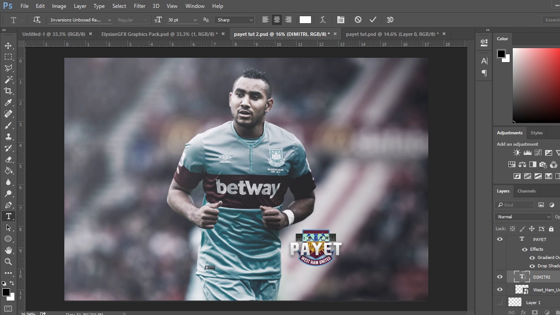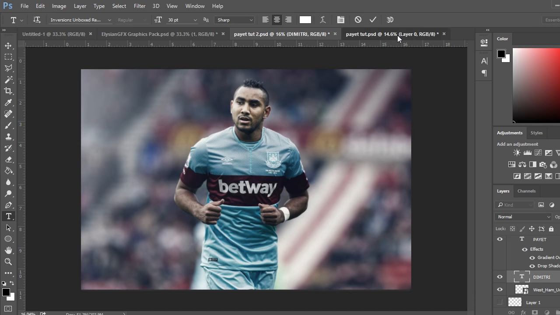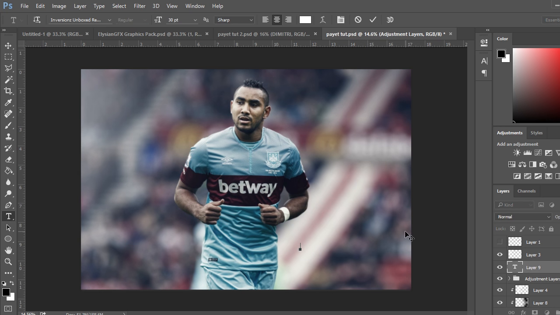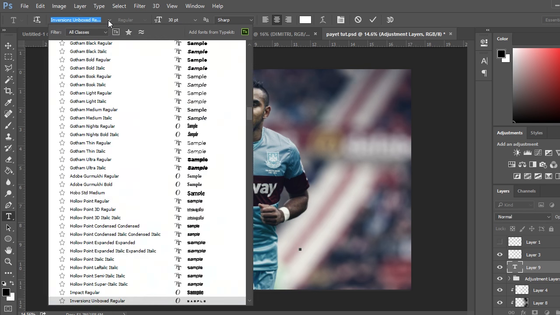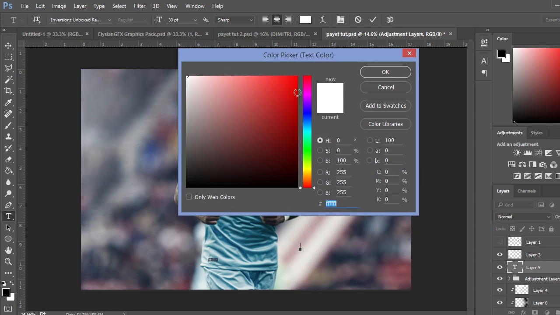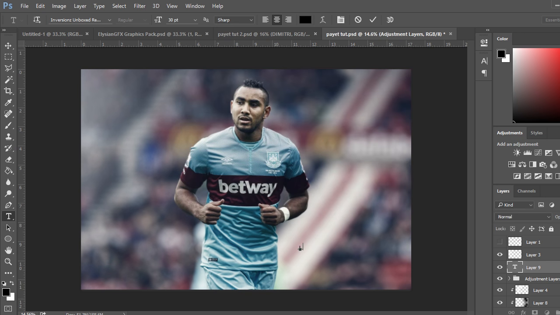So you're just going to want to put the name of the players. His name is Dimitri Payet, so for the first name I usually use a lighter font, and Inversions Unboxed Regular usually looks pretty good for this type of design. You can just look that up online, probably on dafont.com. So Dimitri, and then